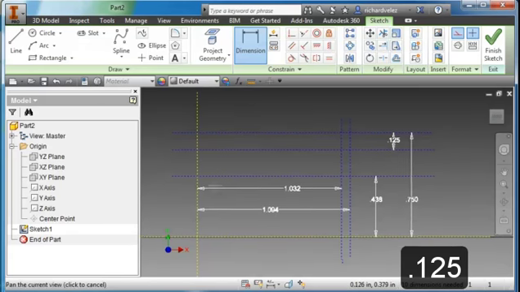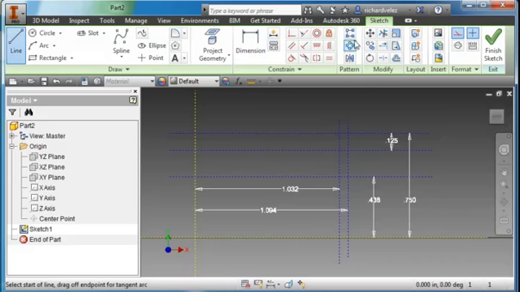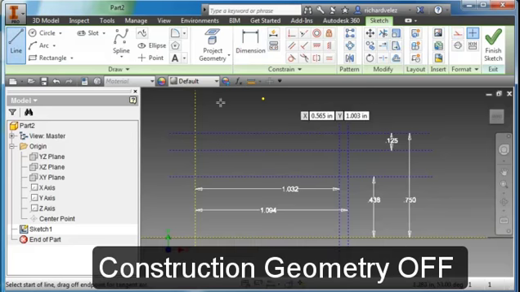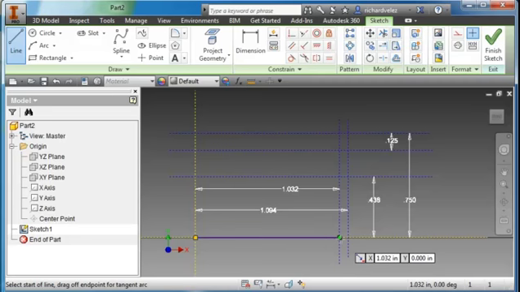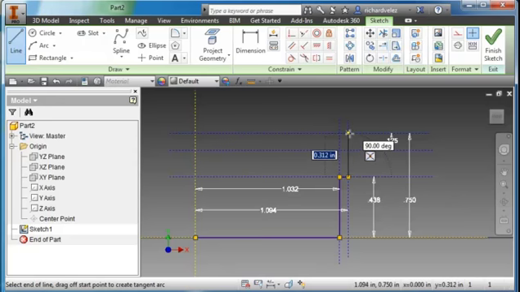I'm going to draw a series of lines and start out. I'm going to make sure I turn construction off. This is going to be real geometry. So I'm starting at the origin and going out to this point here, the intersection of these two construction lines, from here to here, from here to here, here to here,